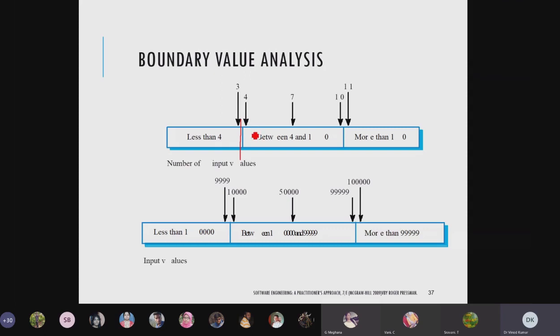My acceptance range is the value between 4 to 10. This is my acceptance range. Below this it is not acceptable. So what is the boundary value? I will check for 3, I will check for 11, and I will leave other things. Or you can check any other value between them. If you take these boundary values as test cases for the system you prepared, and the test passes, then your system is proper, no issue. Similarly for others, we just have increased the range here.